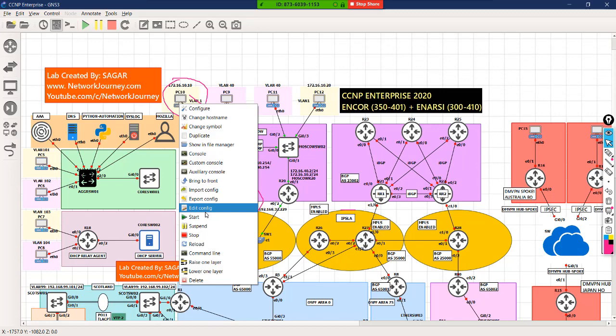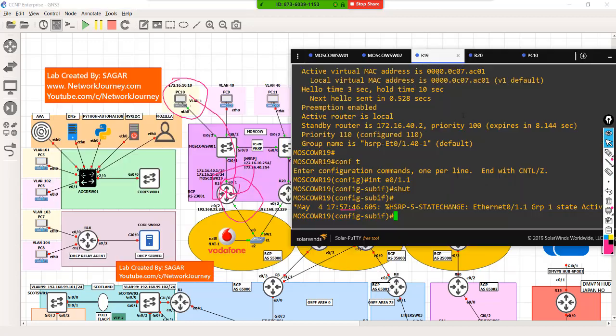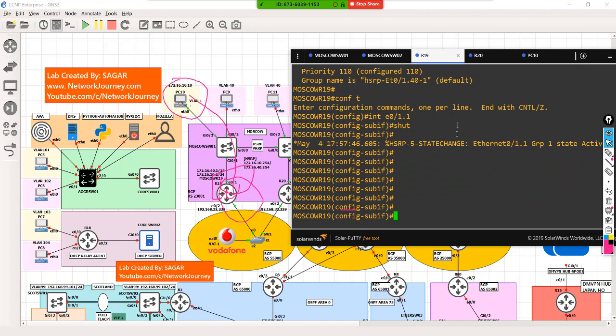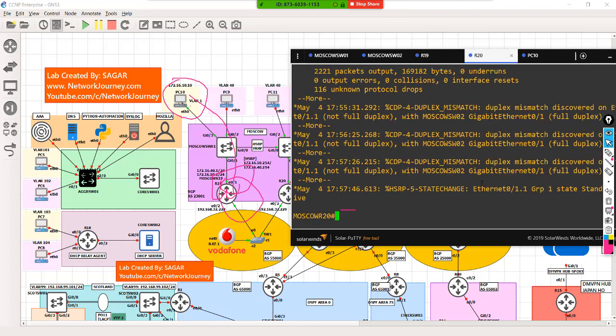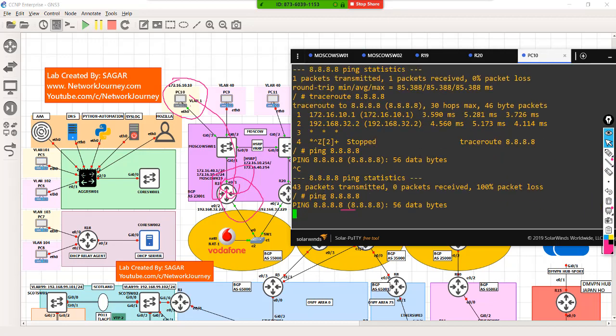Okay, so let's see the gateway first. So this is fine. It's pointing to the HSRP virtual IP address. So this has taken up the active role, which is again good. So let's see why the ping is not working.